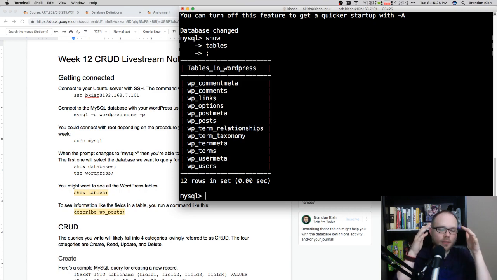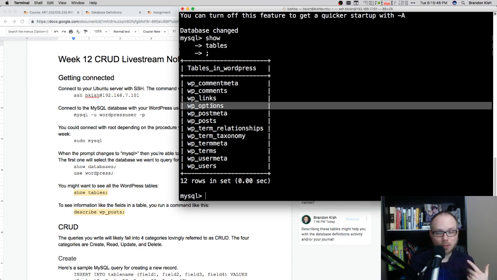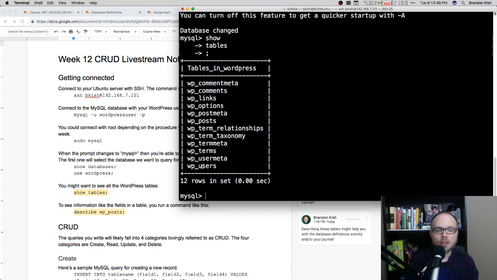There's one database that contains all the content. My user has access to that database. Inside of that database, there's multiple tables. Each of these tables is like an entity or a thing that's going to be stored with the same type of data over and over. So let's read through these real quick. We've got WP comments, WP links, WP options. As you look through this list, can you figure out where my pages and my posts might be stored? What table do you think WordPress is going to keep those things that I've been creating, the blog posts and the pages?